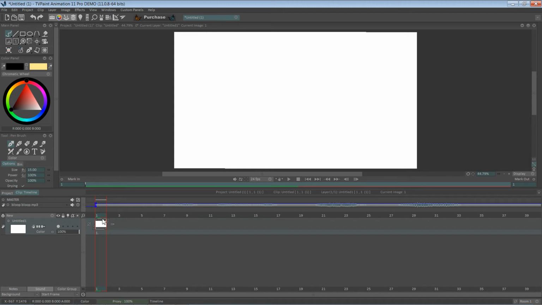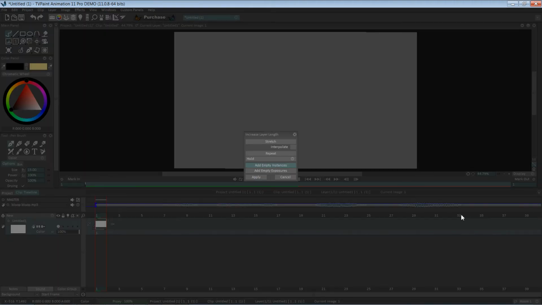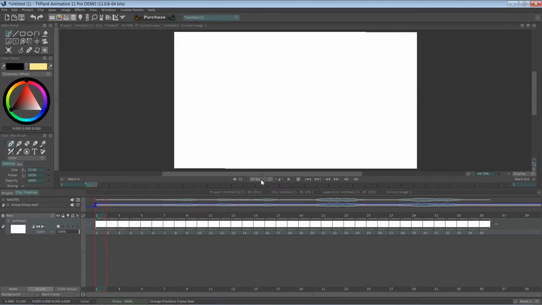I know that my time is actually going to be 1-1. The reason it says 1-1 is because currently I only have one frame, so mark in time is one frame and mark out time is one frame. So I'm going to extend this. I'm going to pull this across, and I know the time actually stops here at about 35. I'm not going to stretch it. I'm going to choose empty instances instead. So I'm going to choose apply, and it creates those blank parts. So if I pull it across,